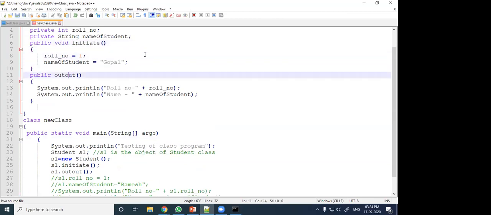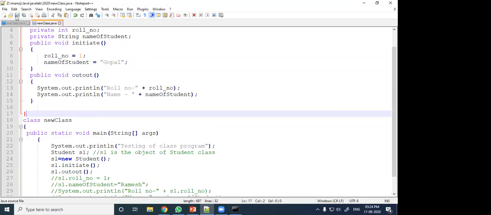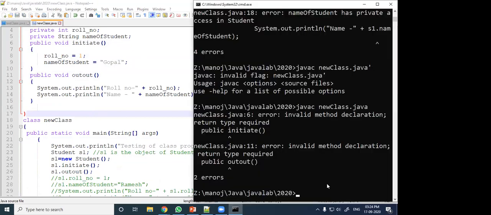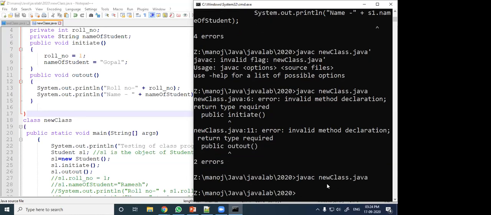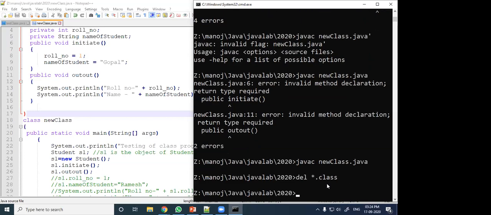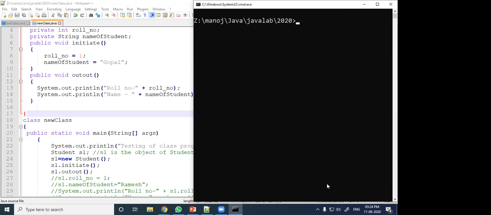When you are writing a function, you should write the return type. So let me delete the class files. Now press compile, we will compile it.